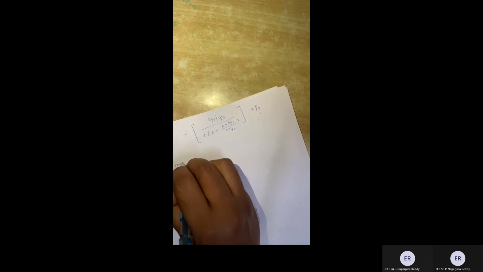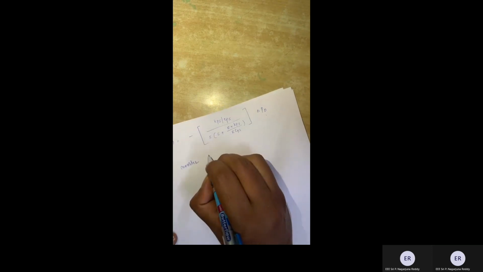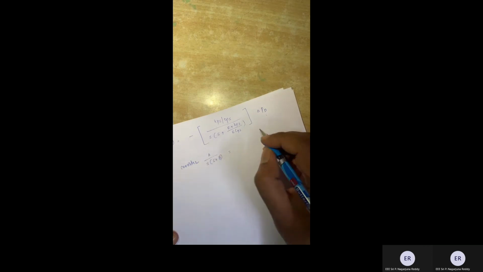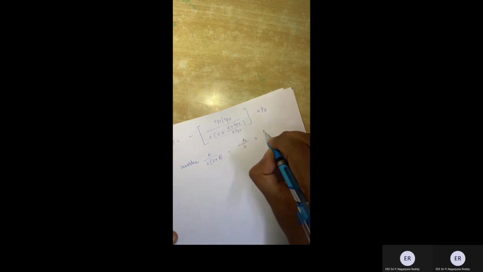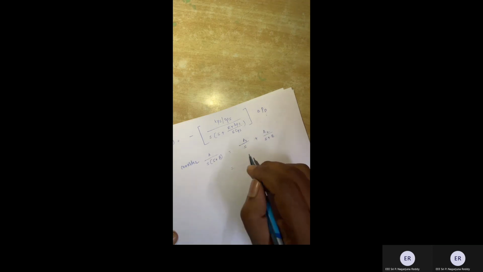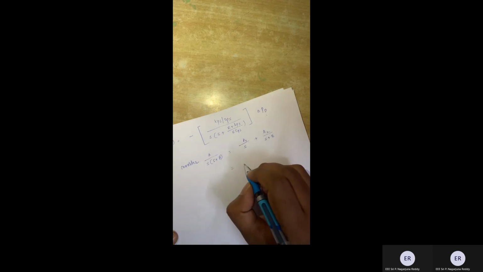Consider, I'm taking a random function for you. Consider some a by s into s plus b. What you'll be doing in these sort of things, this is going to be a1 by s plus a2 by s plus b, isn't it? So what will you be getting here? Anybody? Any idea? So this is going to be